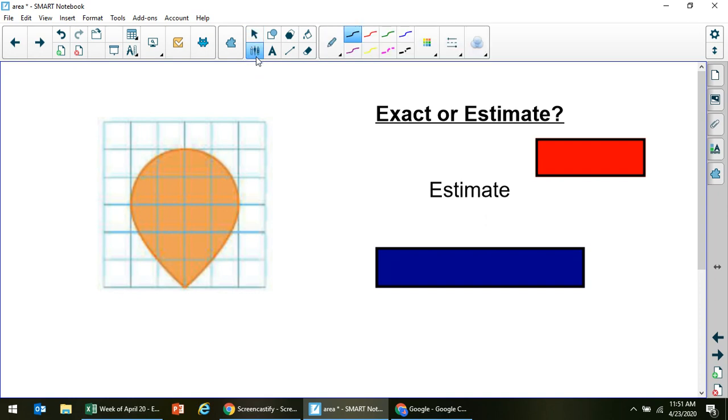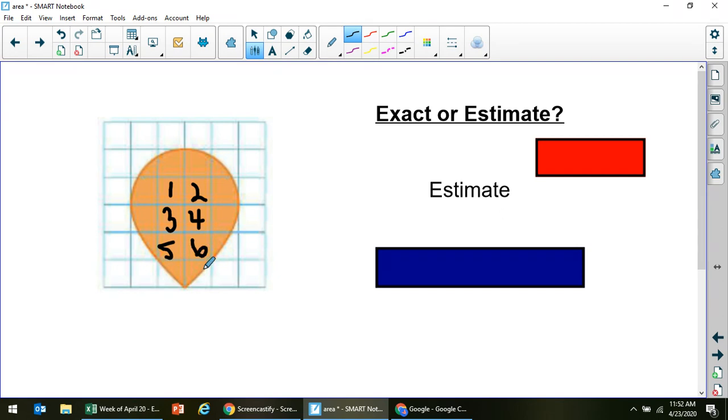If you remember that little trick I taught you, I'm going to put a dot on all the exact ones. Now, if you don't want to put a dot and you actually want to write the number, you can do that too. So 1, 2. If you notice, I skipped some, that's because I don't want to do the shapes that have spaces yet. 3, 4, I know these are full squares. 5,